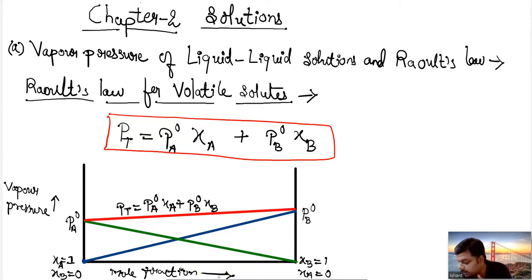Okay, like this. So this was for the condition that both the liquid solvent and the liquid solute are volatile. Then this type of condition will be obtained for Raoult's law. Now let's take the next topic, which is the vapor pressure of solutions of solid in liquid. This was for two liquid components. Now let's move further and see the next.